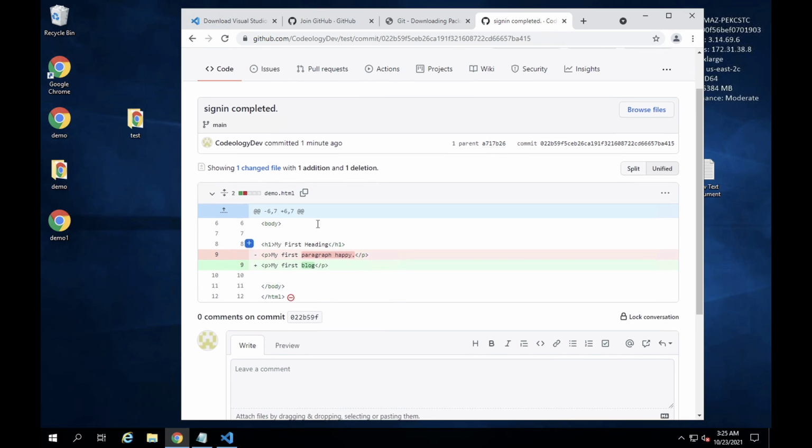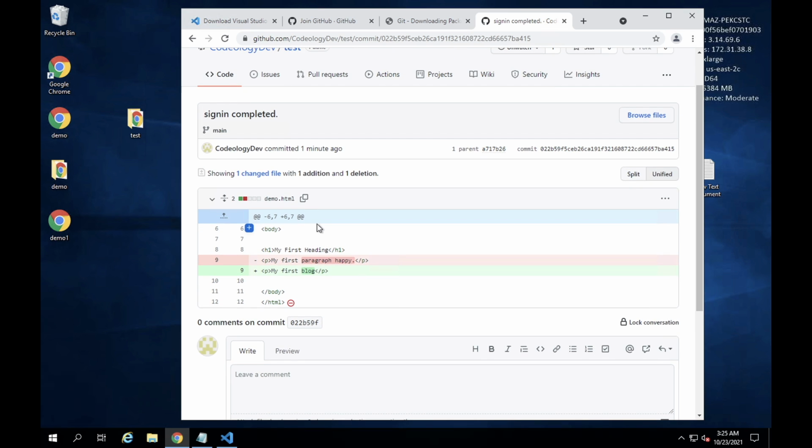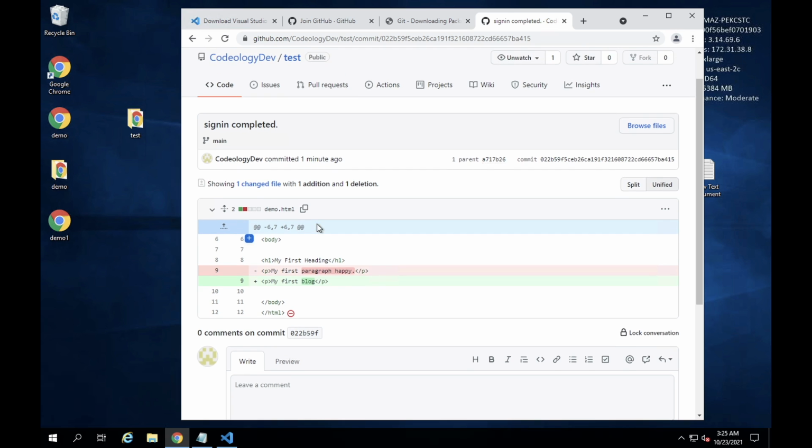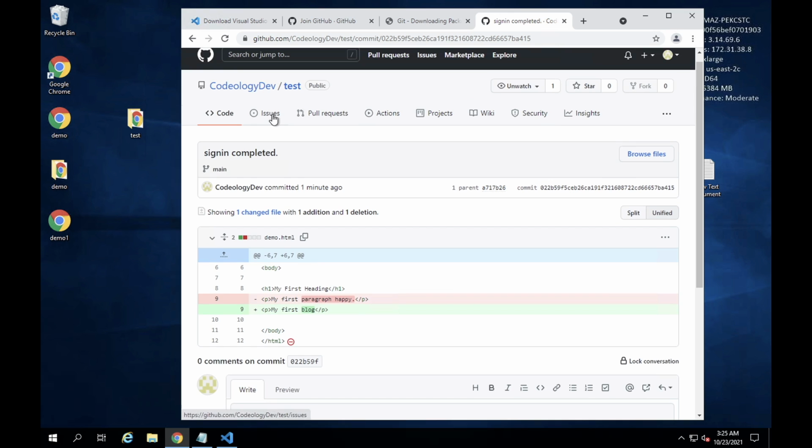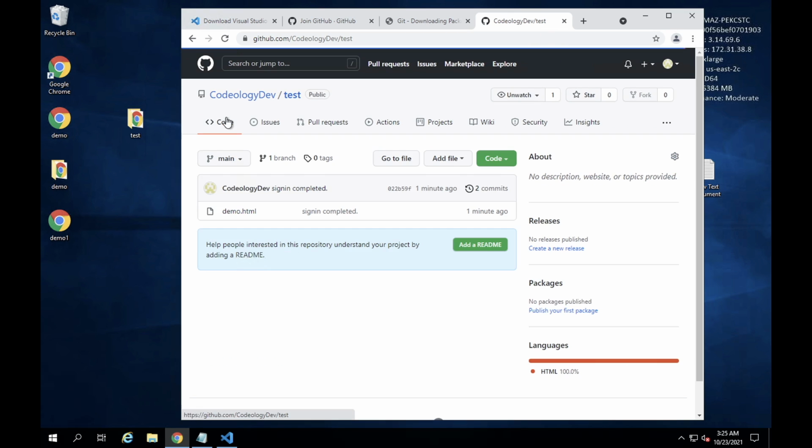Like we can integrate automatic bots that will automatically check your code, and you can give some tests also. It will test the code, and if it passes the test, at that time the code will be pushed into your GitHub account. Like that we can do pull requests and so many things. We will explain in the future videos.